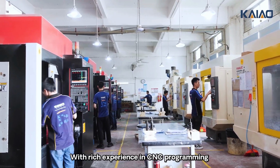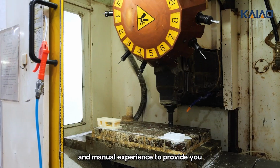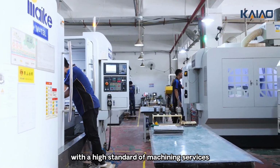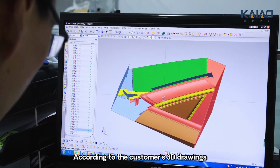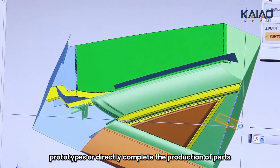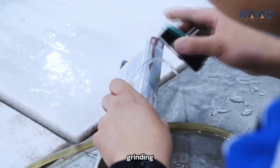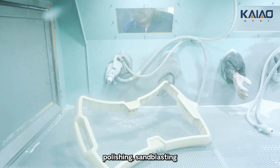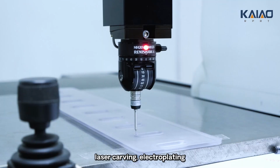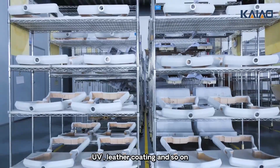With rich experience in CNC programming and machining, we combine better modern technology and manual experience to provide you with a high standard of machining services. According to the customer's 3D drawings, we can quickly process samples, prototypes, or directly complete the production of parts. Surface treatments include grinding, polishing, sandblasting, painting, silk screen printing, brushing, laser carving, electroplating, anodizing, UV, laser coating, and so